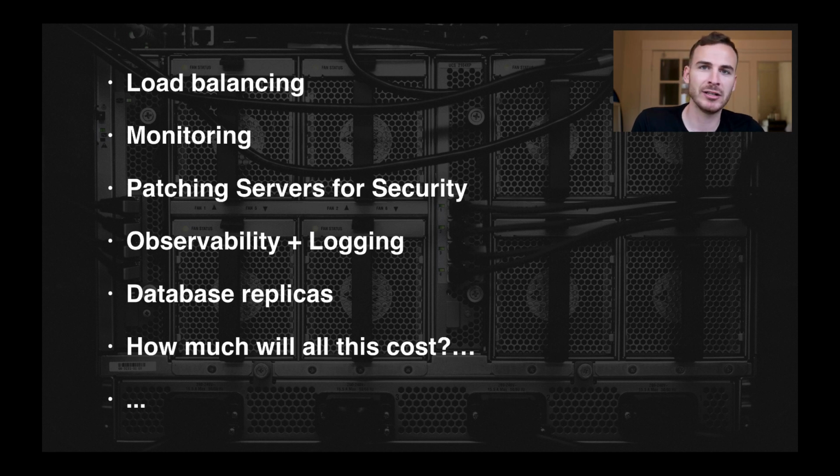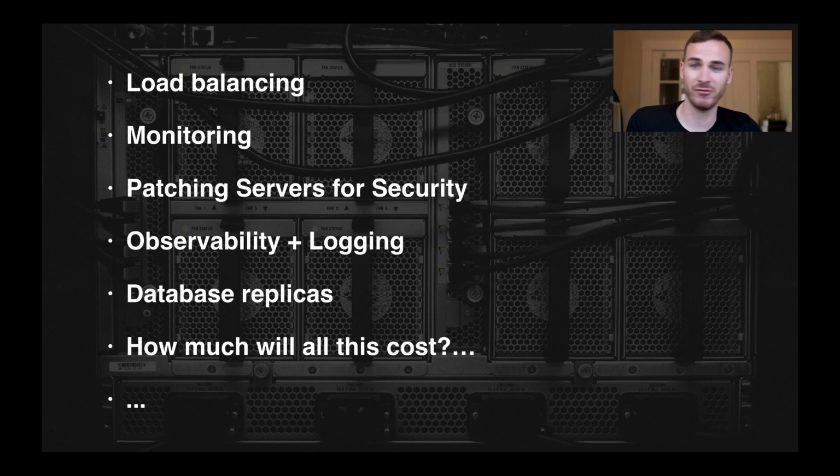So he started looking into it, and man, there's a lot of different things that you need to think about when you're running something in production that's going to get a lot of traffic. So load balancing, will my server scale with that traffic coming in? Do I have monitoring set up? Am I monitoring all the server logs for malicious activity, etc., etc.? Is my server patched for security? Heartbleed and all those other nasty things out there in the wild. Am I up to snuff on my security? Are all of my servers, or my single server in this case, patched? Or is there a backdoor that someone can come in and hack us and get our customer data?